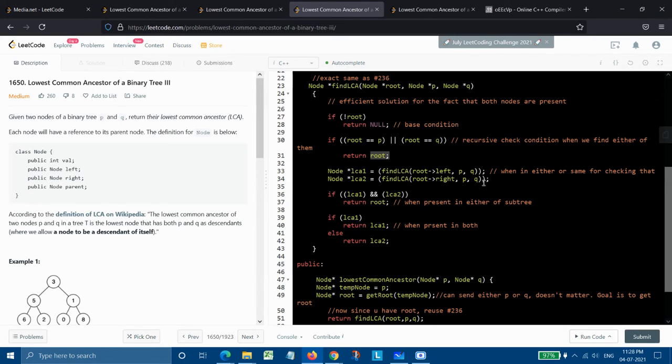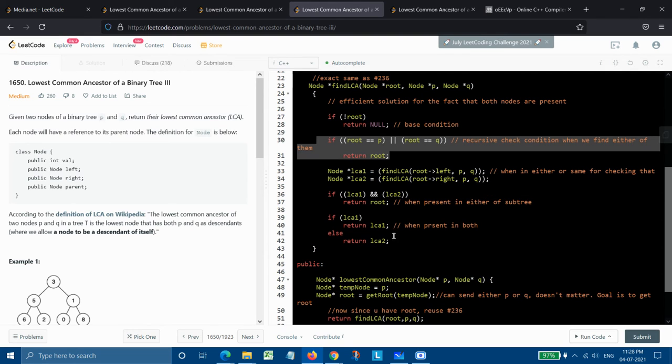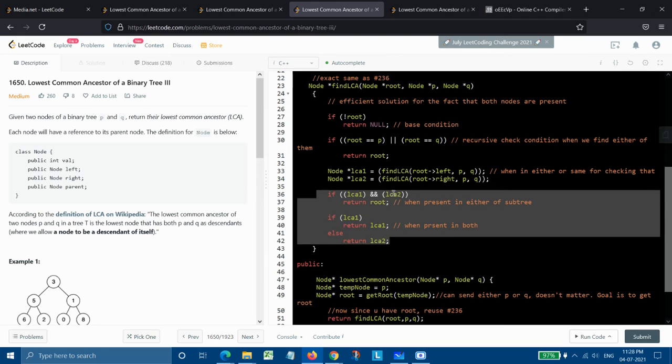After that, we will be having these two variables in which we are storing the left value of the tree and the right value of the tree. And then we are having further three conditions. One condition was fulfilled here. Now the further three conditions are fulfilled here.